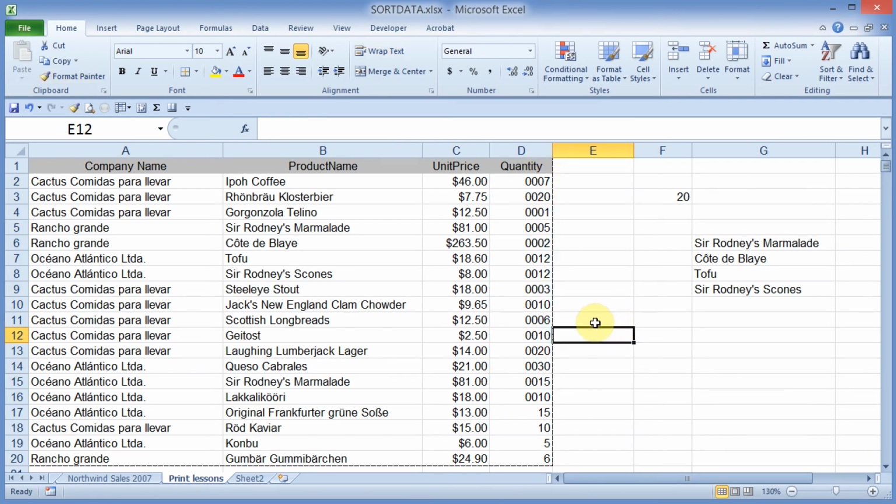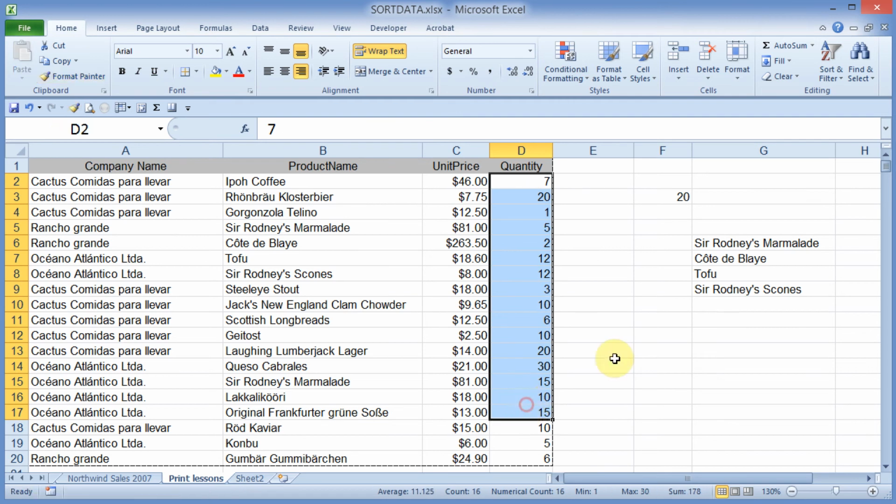Keep in mind, the leading zeros don't actually exist in the cell. If you click on a cell and look, you can just see the number that's there. It's just a formatting trick to show the leading zeros, but none of this would happen inside of a computational type of environment at all. So it's only for your on-screen viewing pleasure. To take these off, I will click on a cell that doesn't have leading zeros. I will click on the Format Painter, and I will click and drag down to apply that format